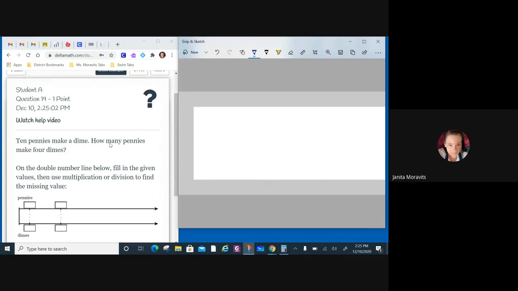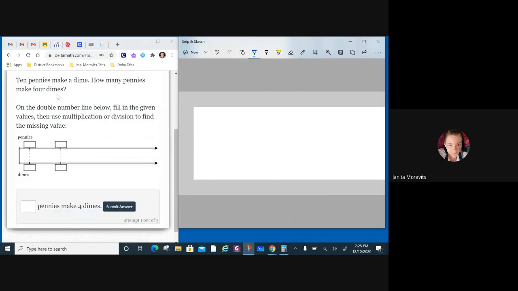All right, question number 19. 10 pennies make a dime. How many pennies make 4 dimes? All right, well, we're going from 1 dime to 4 dimes, so we want to make sure that the smaller number is here and the 4 is here. And it says 10 pennies make a dime or 1 dime. So we're going to put a 10 right there. All right, now, again, on this one,